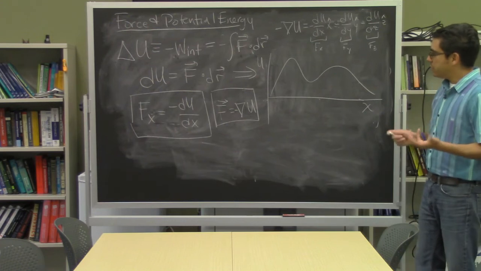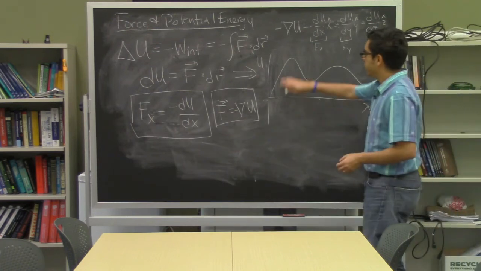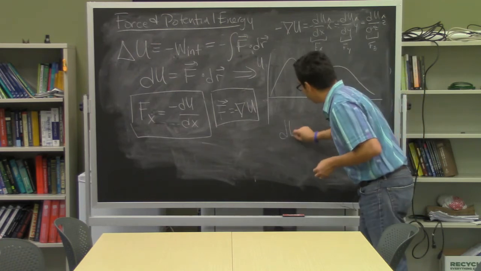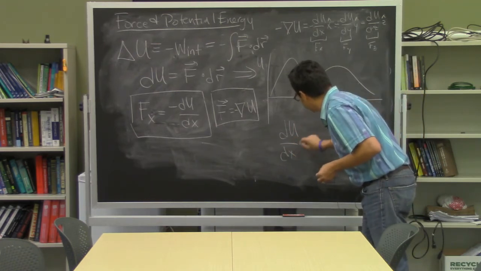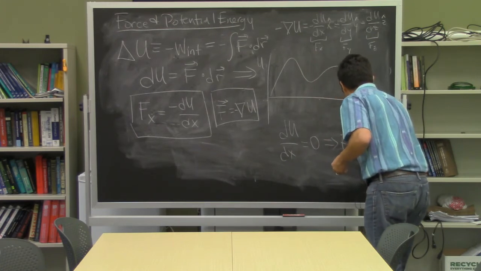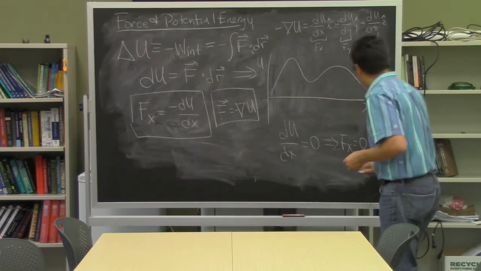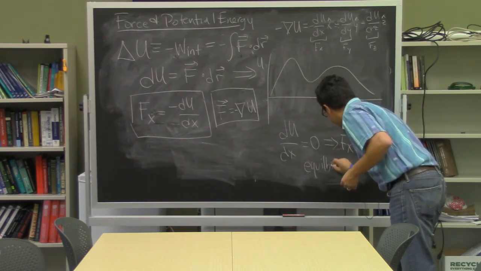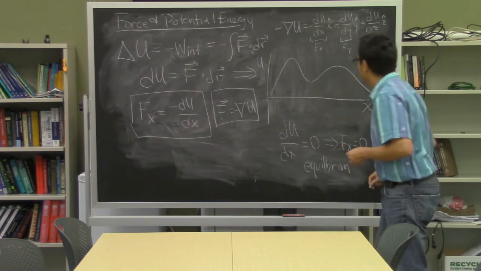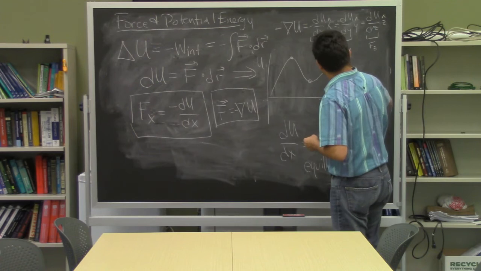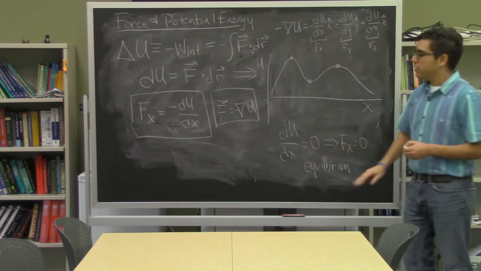The thing that we can see immediately is that if this is a graph of the potential energy as a function of distance, when the derivative of the potential energy, the spatial derivative, goes to 0, that implies that the force in the x direction goes to 0. This implies something about what we will call equilibrium points. So wherever the slope of the potential energy function goes to 0, we have equilibrium points,